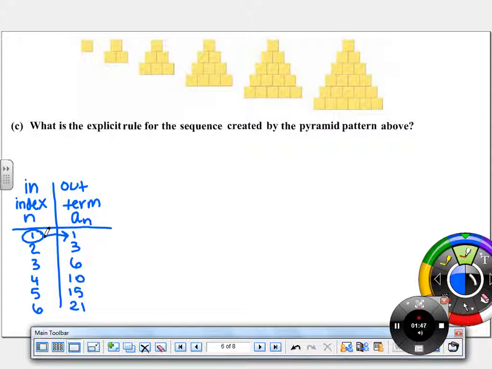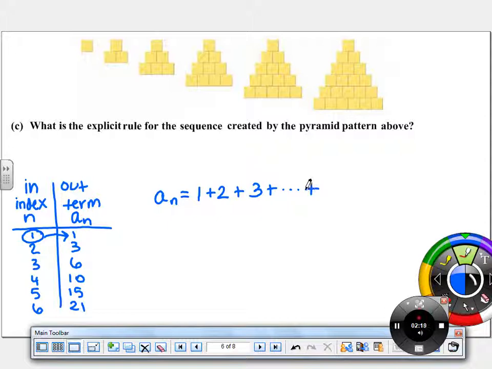Mathematicians have an interesting way of looking at this problem in particular, and we talked about how they proved or showed that it worked for all problems. So one thing they would say is, well, you can find any term number you want by starting with 1, because notice that the first pyramid had 1 block. The second pyramid had that same 1 block plus a row of 2 blocks. The third pyramid had the same 1 block, the same 2 blocks, and then a row of 3 blocks. And this would continue on